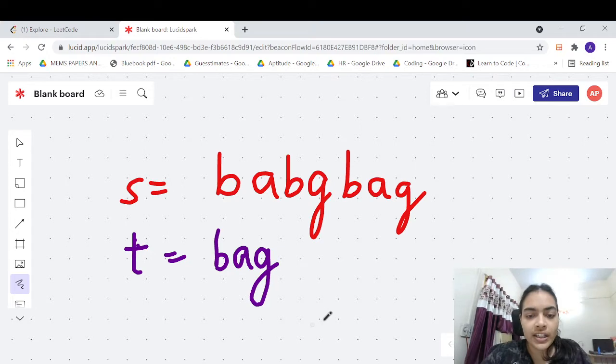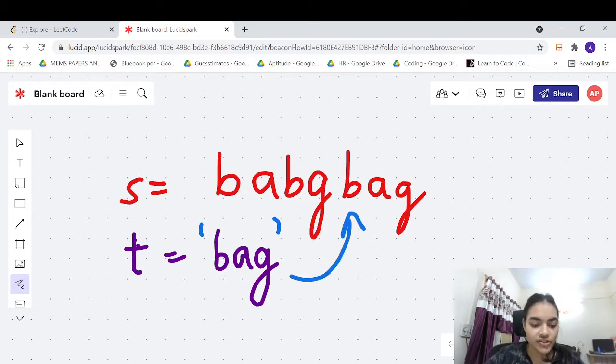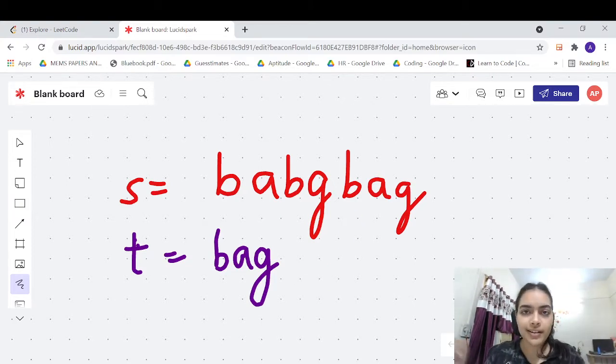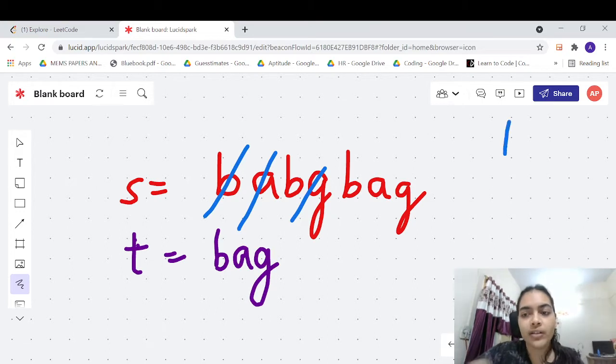How can we find out words that have the word bag, which are a part of the string s? Let's try to find out how many such words are there before moving on to the logic and code. So let's list down bag. This is one particular word, bag, that is present in s.